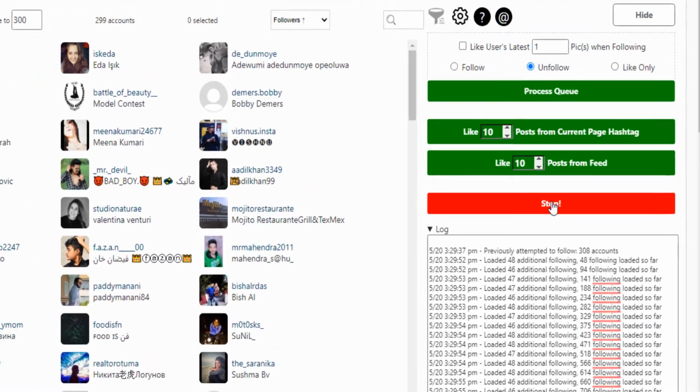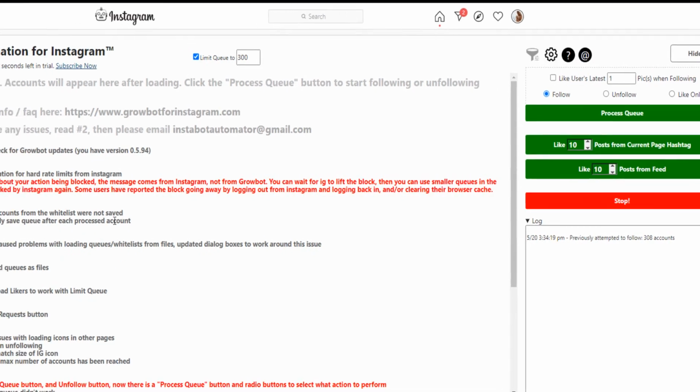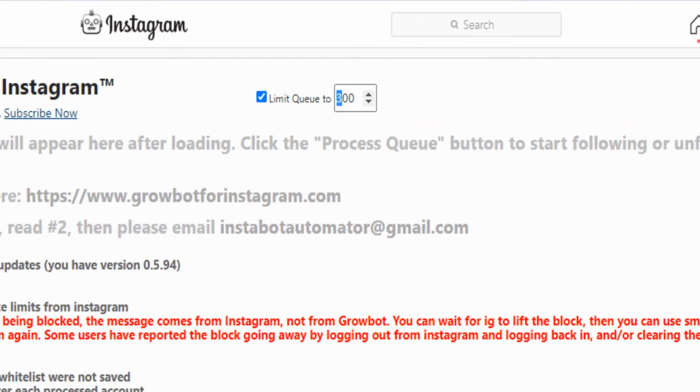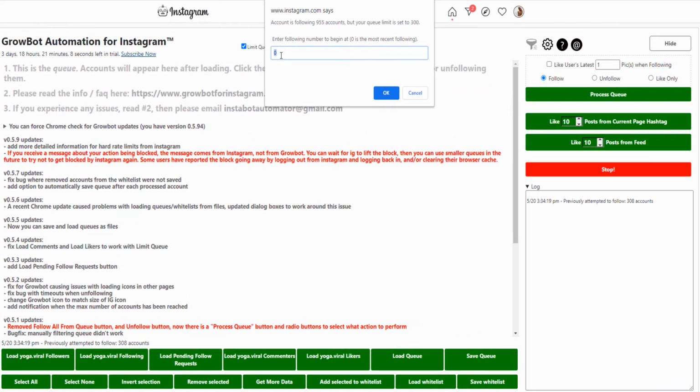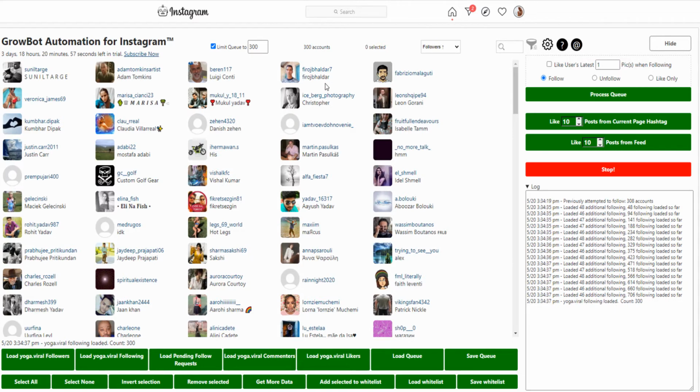Now let me just stop the process so you see. Let me just restart faster. I put the thing I want to unfollow 300 people. I load them really quick. And I say I want to start from the 400th person, for example. It will quickly load 300 people starting from the 400th person that I followed.